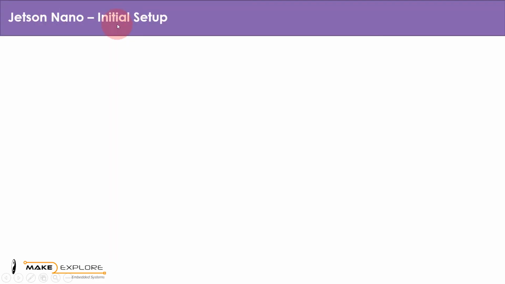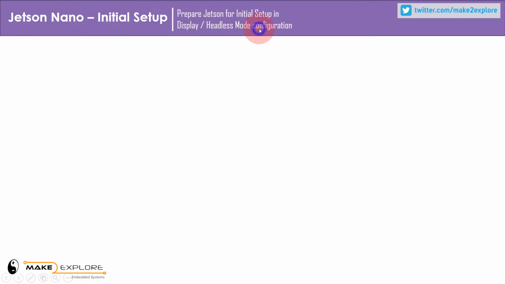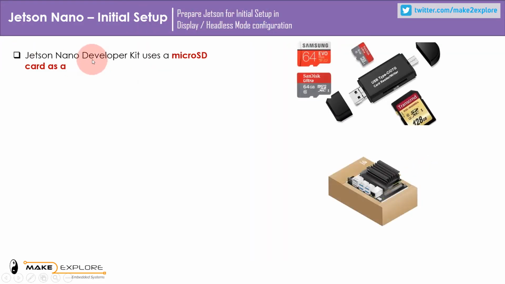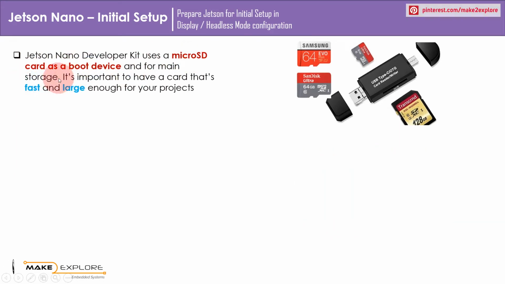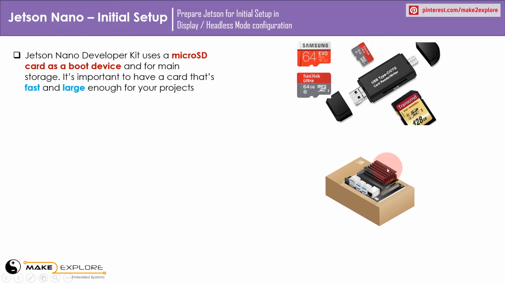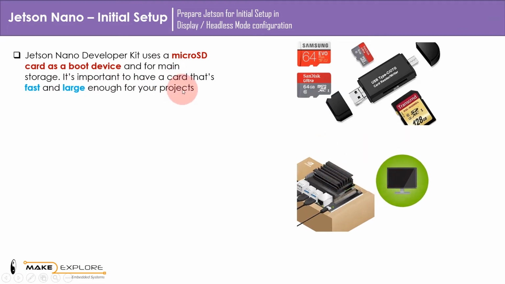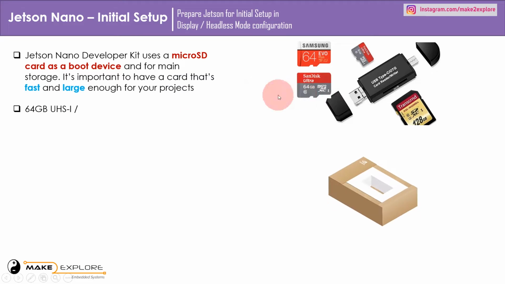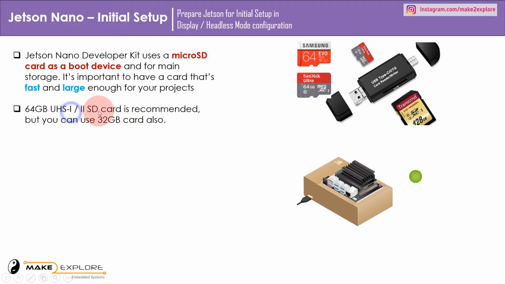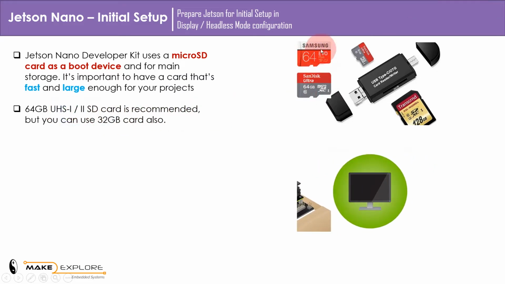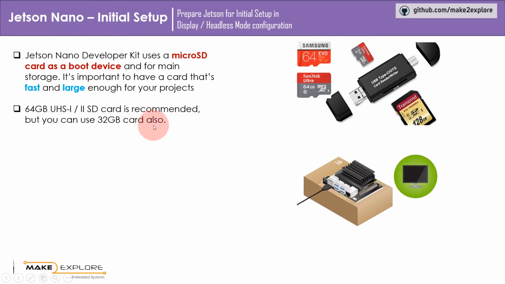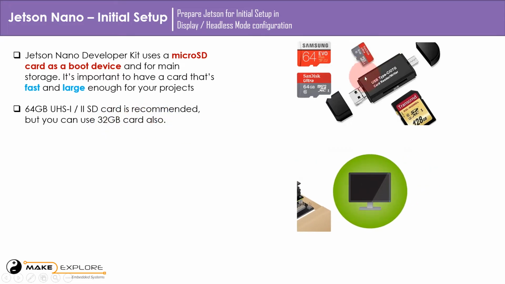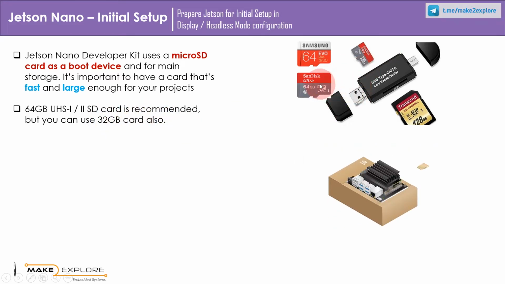In display or headless mode of configuration, Jetson Nano Developer Kit uses a micro SD card as a boot device and for main storage. It's important to have a card that's fast and large enough for your projects. To flash the SDK image we need a high-speed UHS 1 or 2 standard SD card. It is recommended that you use a 64 GB card, but for the time being, you can use 32 GB also. So, we have to flash this SD card with the operating system's image file, which is going to run